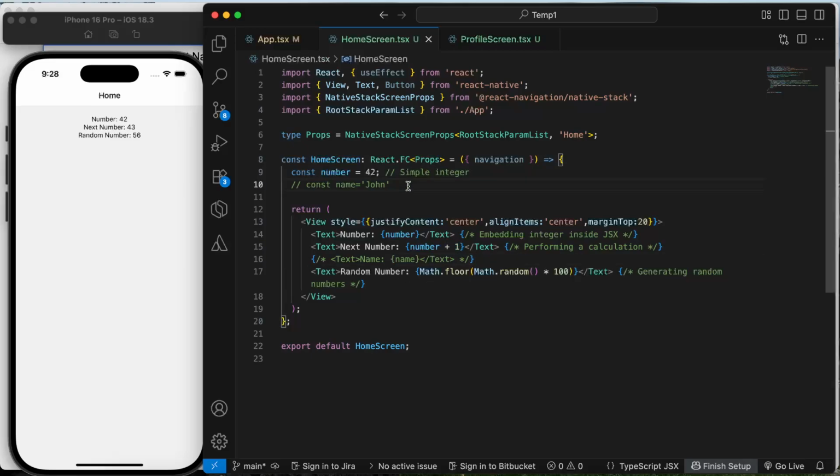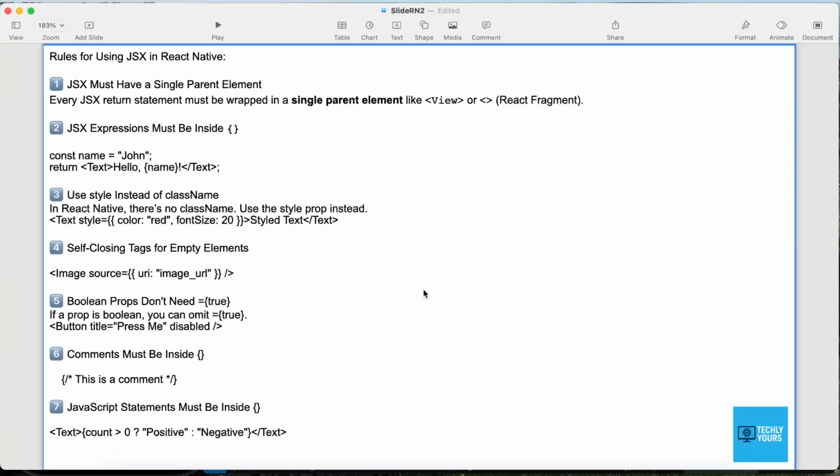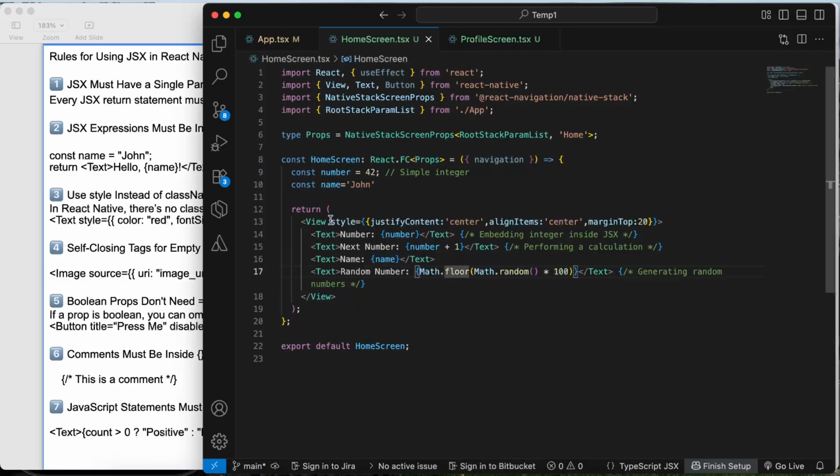Suppose, as in the name example we have seen, if I uncomment this and I have to show the name, I'll quickly save this and we can see name John. This name is coming to this, we have used it inside the curly braces. Then what we have is use style instead of className. So for the styling of the element we have to use style equals color, then our font size. As we can see in the view also we have used style, whatever style we have to give it